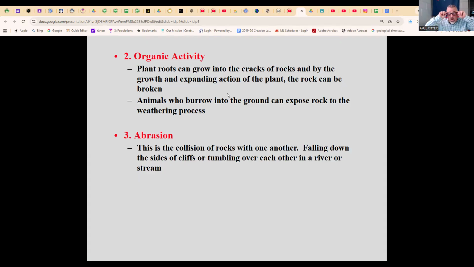Animals burrowing into holes. This is big at the golf course. If you go out to the golf course, you've got skunks and possums and raccoons constantly looking for grubs, tearing stuff up. Well, the moment that you get air or a pocket into that stuff, it now exposes it. The moment that you expose it, guess what happens? Air gets to it, gravity, water, wind, wave, etc.